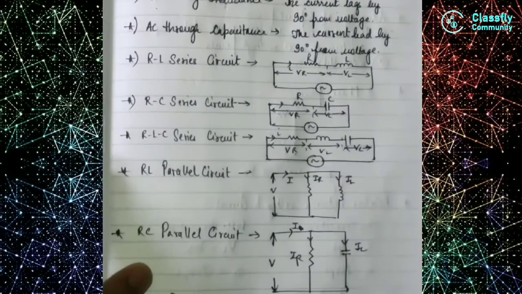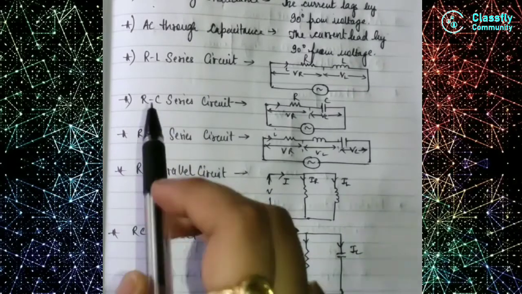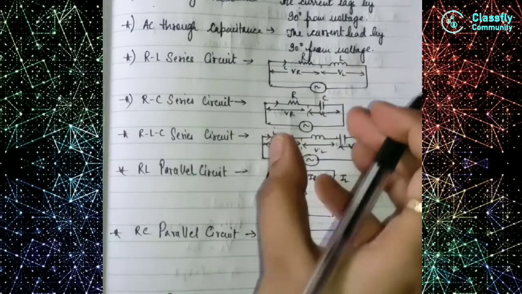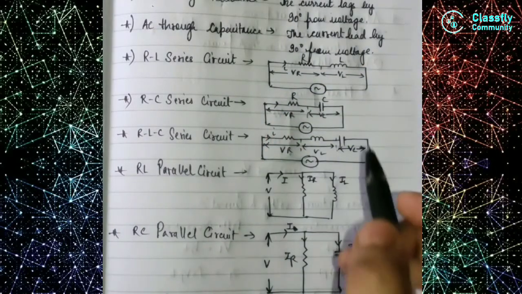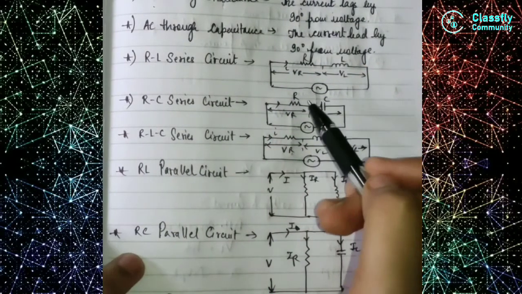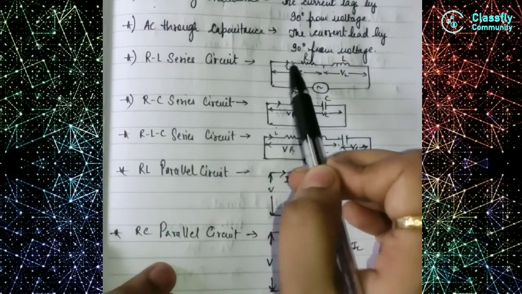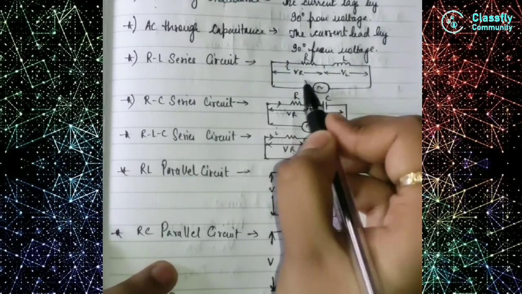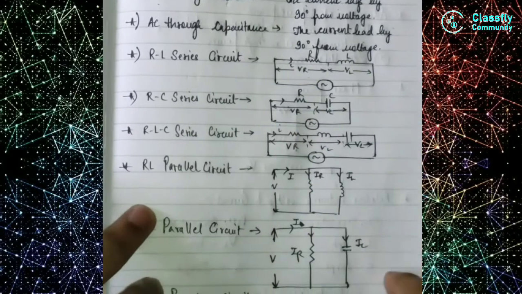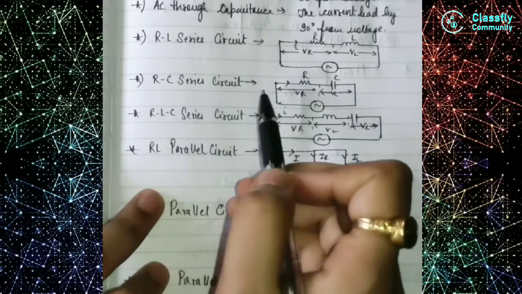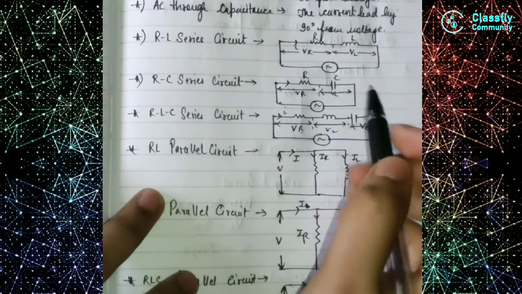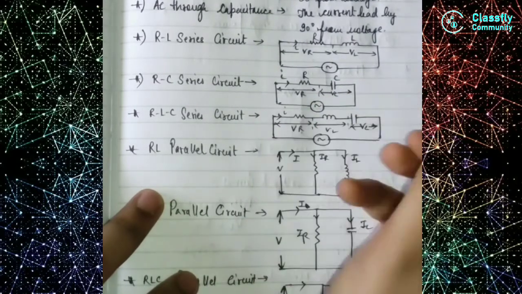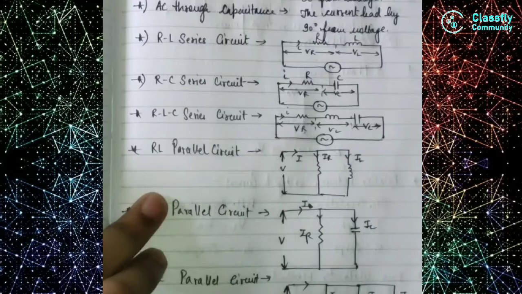Okay, now the next points are that the RL series circuit, here both resistance and the inductance will be in the same series, and here we know whenever there is a series and an AC supply, the current will be same for all the components but the voltage will differ. So for resistance it is VR and for inductance it is VL. Similarly for RC series circuit, there is a resistance and a capacitor. Here also our current will be same but the voltage will differ. For resistance it will be VR, for capacitance it will be VC.